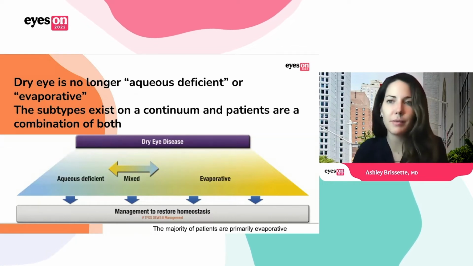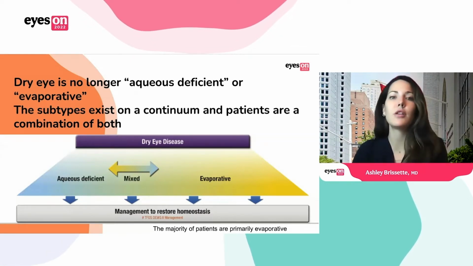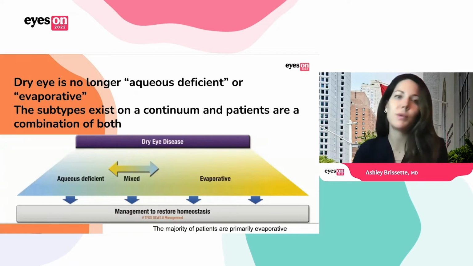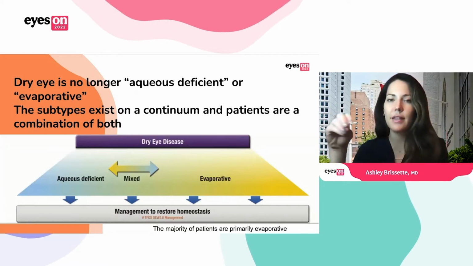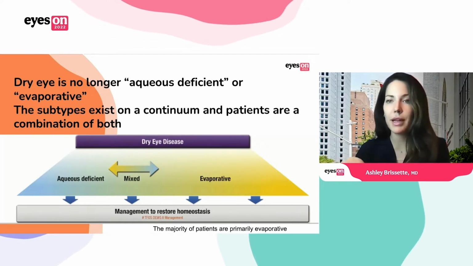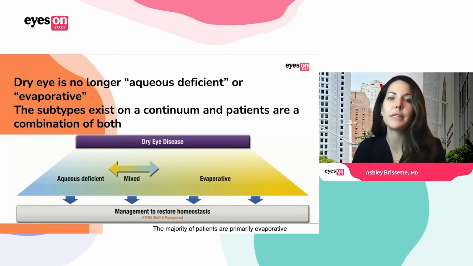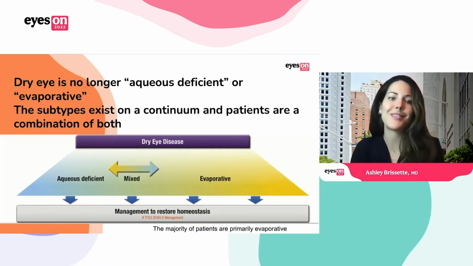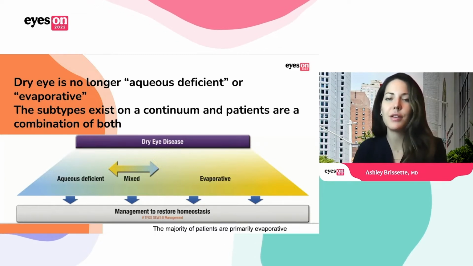And one thing that I'll often speak about with my patients is that it's not just one thing that's going to get you feeling comfortable again. It's often a series of things, and we need to find a routine that works well for you. And we also need to find a treatment plan that works well for you to help with the symptoms, because there's not one reason why the eyes are dry. It's likely a combination of a few different things.